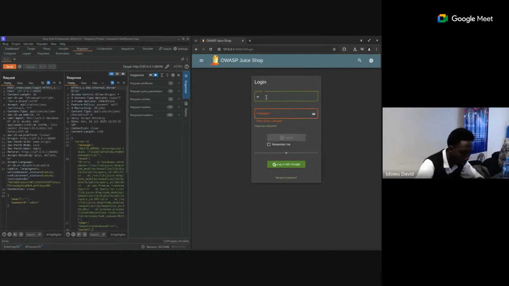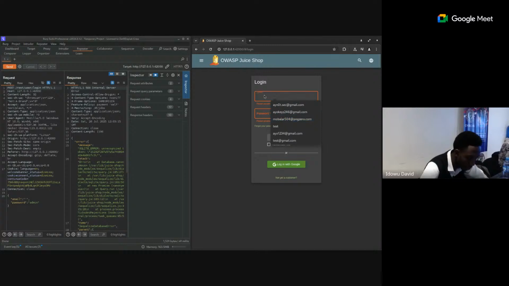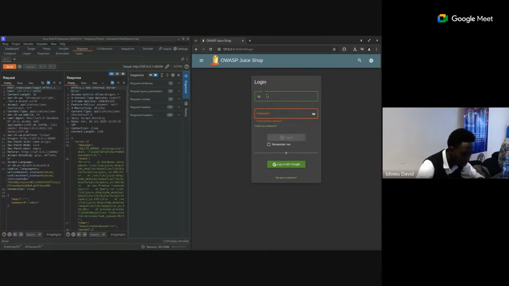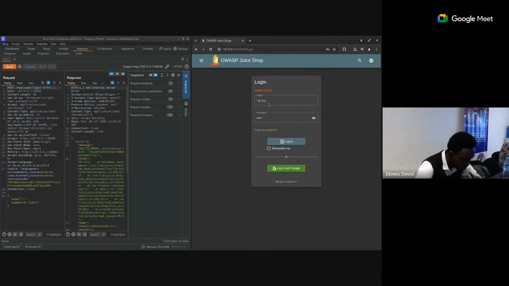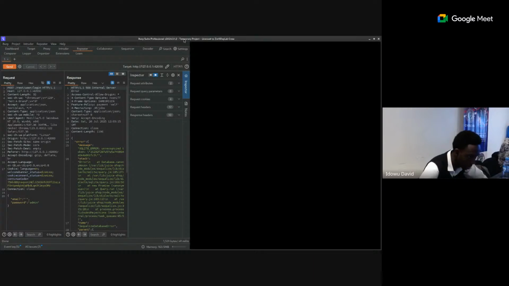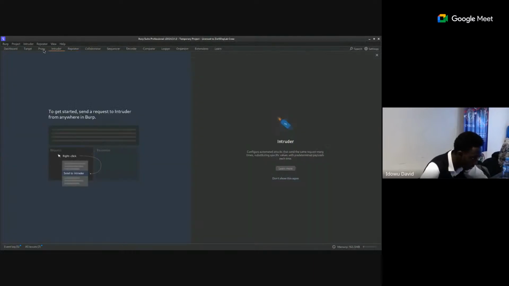Let's try the or equals to 1. Well, it tells us objects. To analyze this again,